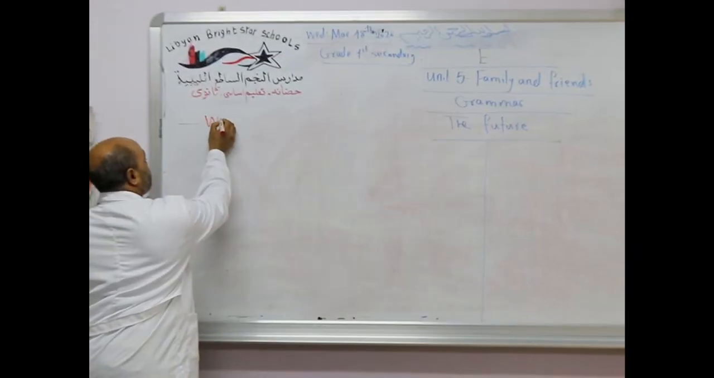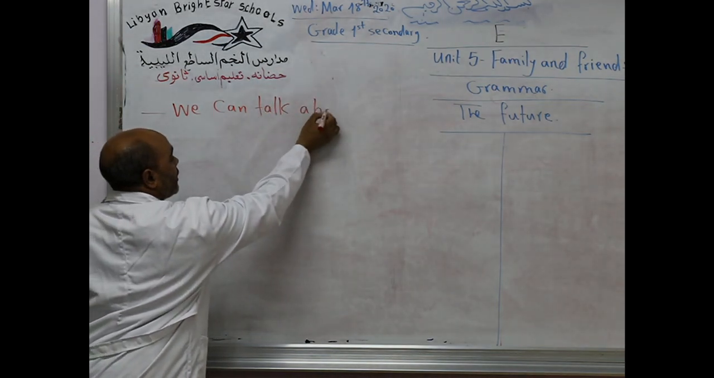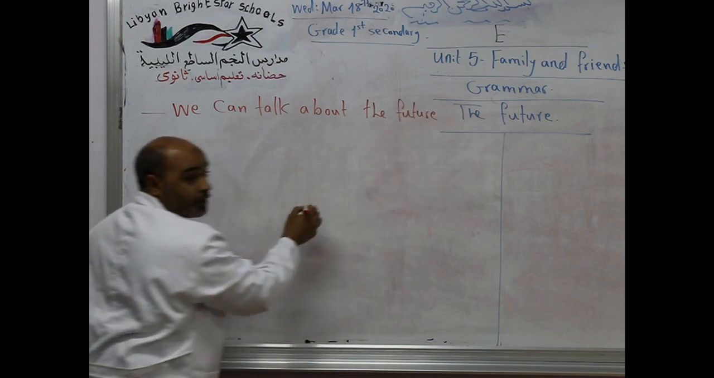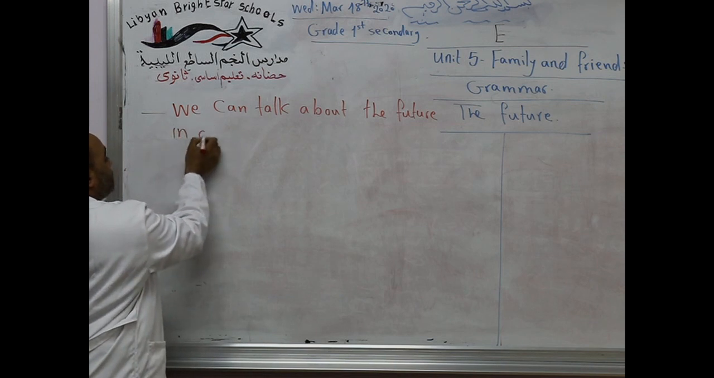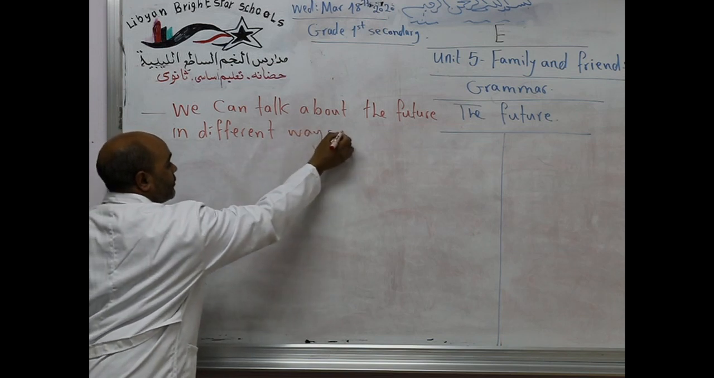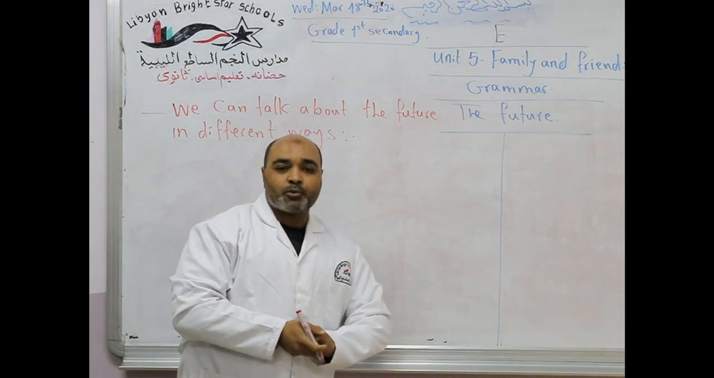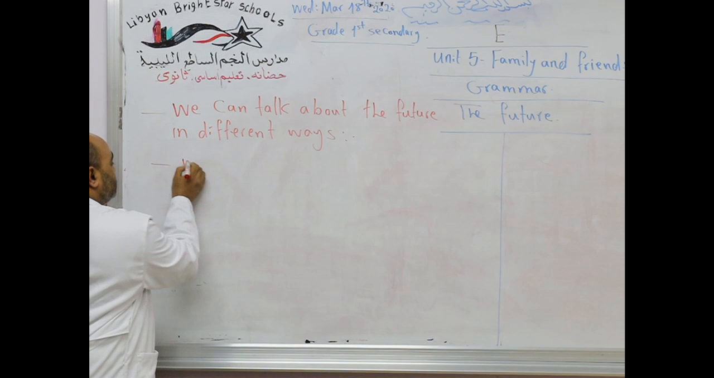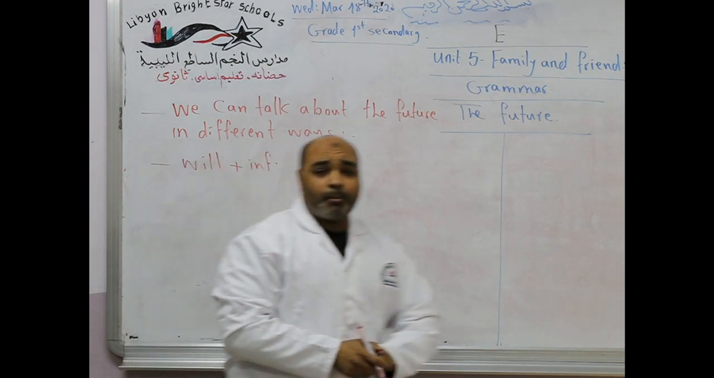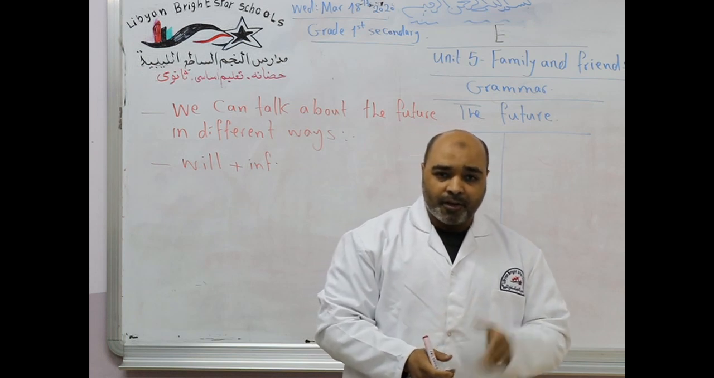We can talk about the future in different ways. What are the ways which we use to talk about the future? The first one is will. Will plus infinitive. In English, the infinitive is the main form of the verb, like play, go, sleep, drink,